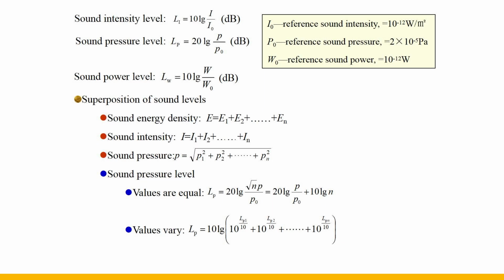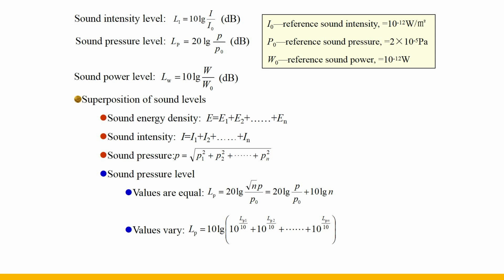Since the allowable sound intensity range of the human ear is 1 trillion times, and the sound pressure difference is 1 million times, and the variation range of sound intensity and sound pressure is not proportional to the change of human ear perception, but is approximately proportional to their logarithmic value, the concept of level is introduced for relative comparison. It is a dimensionless number. The sound intensity level and sound power level use 10 times the logarithm as a level, and the sound pressure level uses 20 times. The unit is 1/10 of a bel, called a decibel.